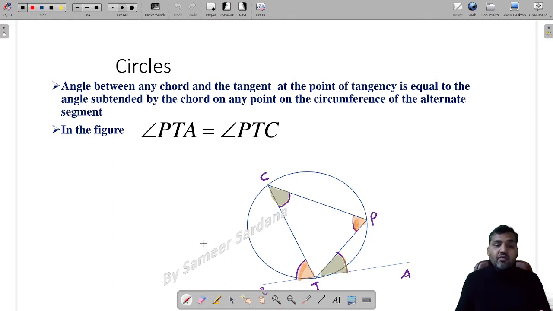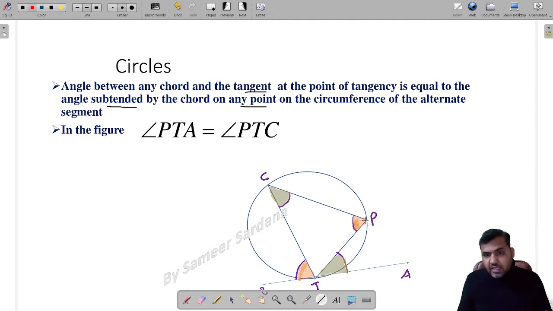Guys, this is a very important property. In a circle, the angle between any chord and the tangent at the point of tangency is equal to the angle subtended by the chord at any point on the circumference of the alternate segment. What is the meaning of it? See guys, you can see that here